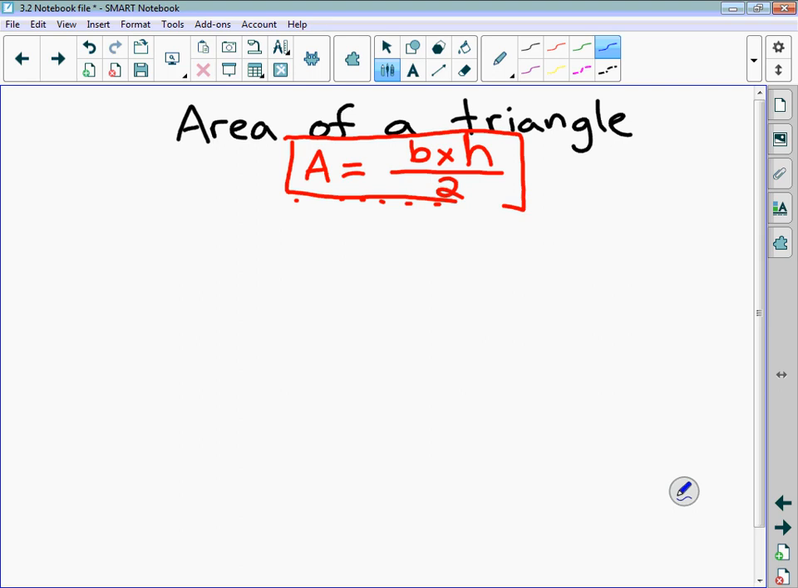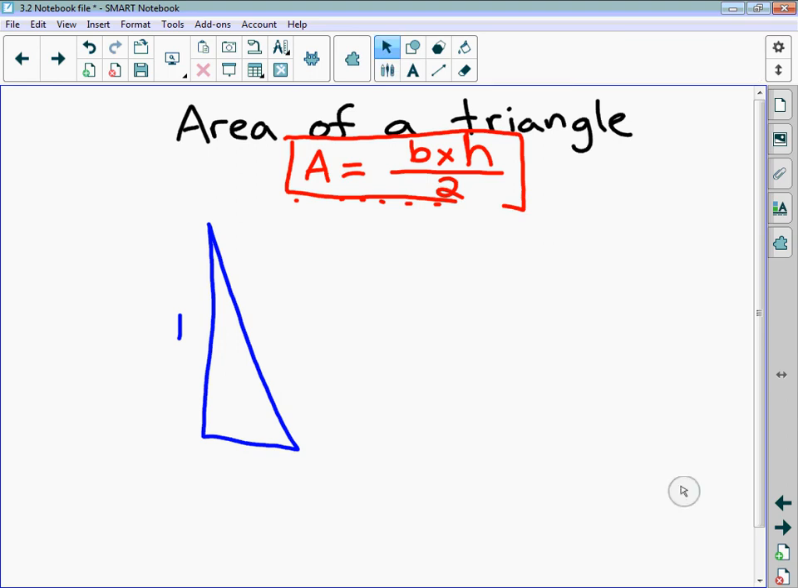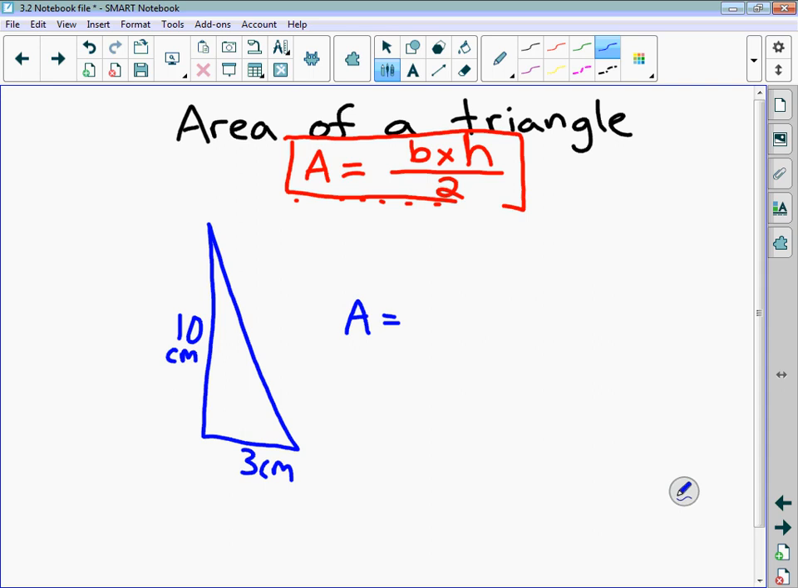So you have a triangle. The height is 10. There we go. The base is 10 centimeters, let's say. Base is 3 centimeters. What is the area that this triangle takes up? Well, the base is 3 there at the bottom. It is 10 centimeters high, and so we would say area is equal to base times height divided by